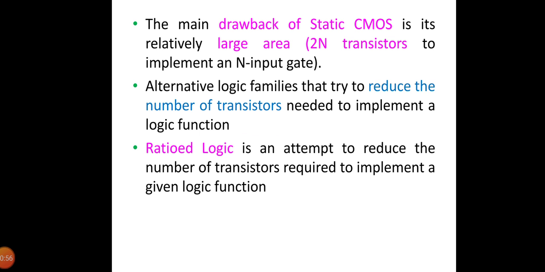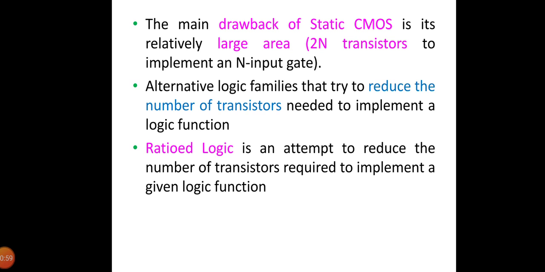The purpose of the pull-up network in complementary CMOS is to provide a conditional path between VDD and the output when the pull-down network is turned off. So in ratioed logic, the entire pull-up network is replaced with a single unconditional load device that pulls up the output for high output. So instead of a combination of active pull-down network and pull-up network, such a gate consists of an NMOS pull-down network that realizes the logic function and a simple load device. So this is what is called ratioed circuits.